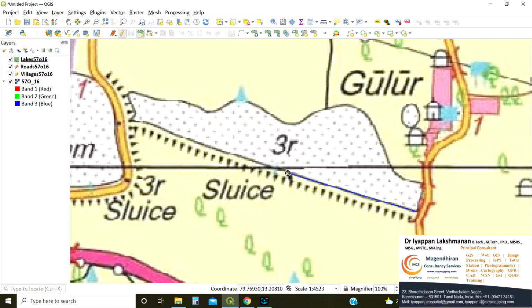You pick this point, it is almost a straight line. So you can move in this direction and smoothly digitize the entire lake one by one. This is the first lake. I made a mistake, so pressing backspace.